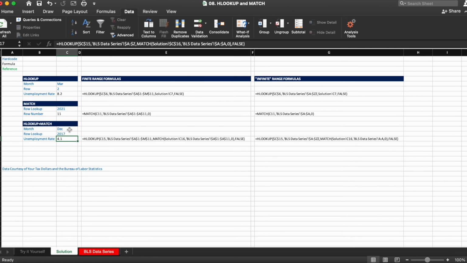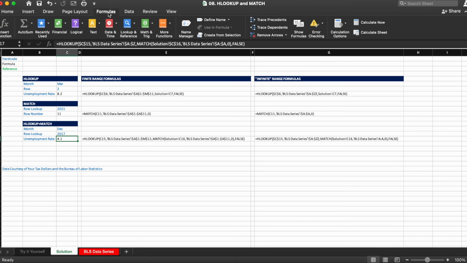So two other things we want to touch on before we wrap up today. First is one that I can't actually show you, unfortunately, because of the limitations of Excel for Mac. But if you are on a PC and you go to the formulas part of the ribbon, you will see an option over in this area that allows you to evaluate the formula. What evaluate formula does is it'll open up another window and allow you to look at each formula step by step. And it's a really useful tool, especially in these longer formulas. And hopefully I will have a session on that a little bit later once I get access to a PC and can do some recording there.